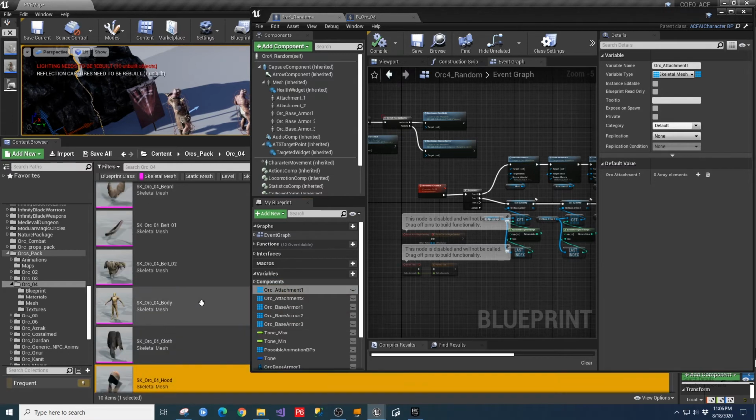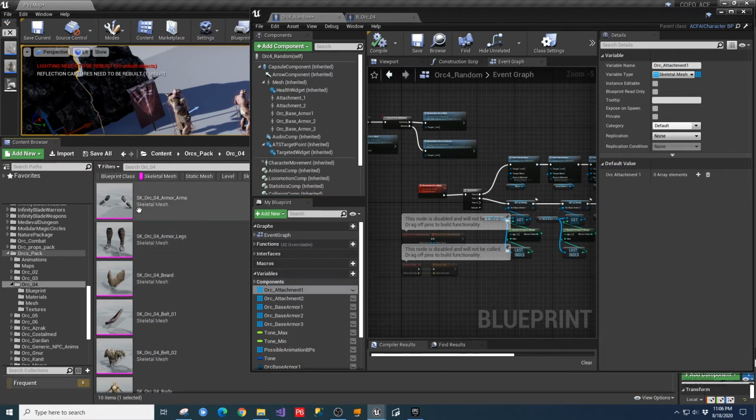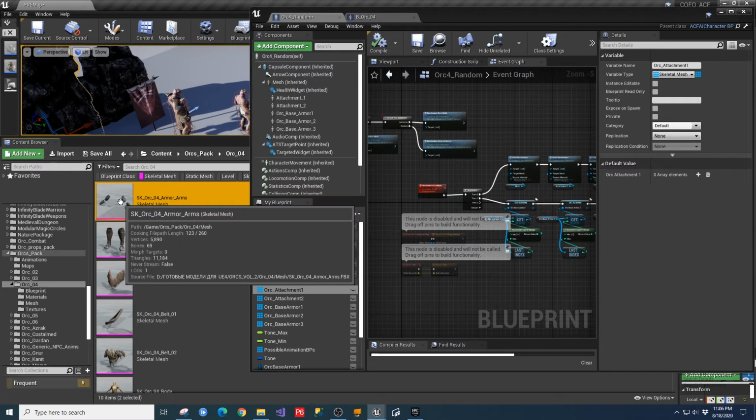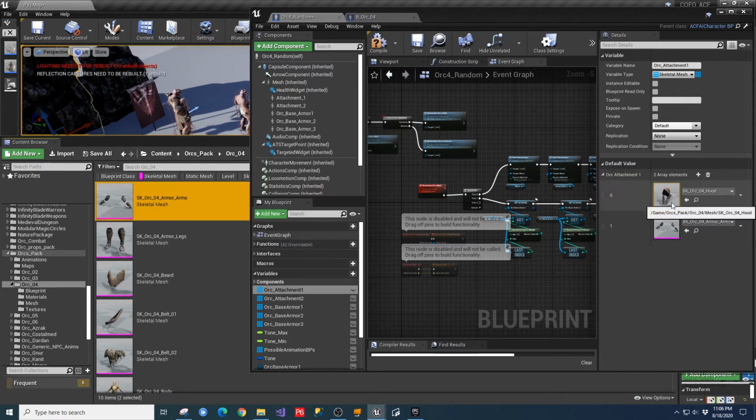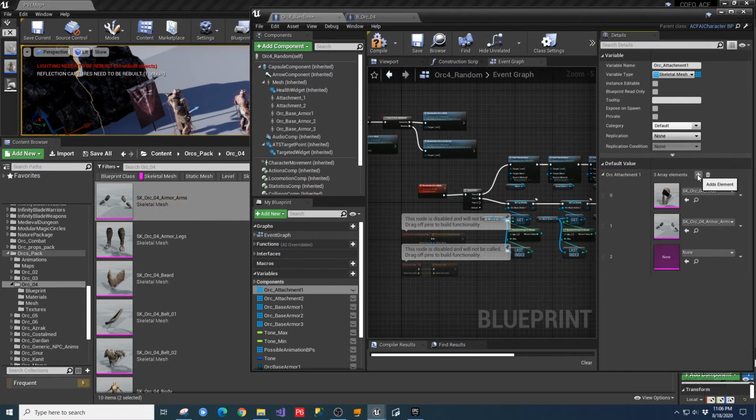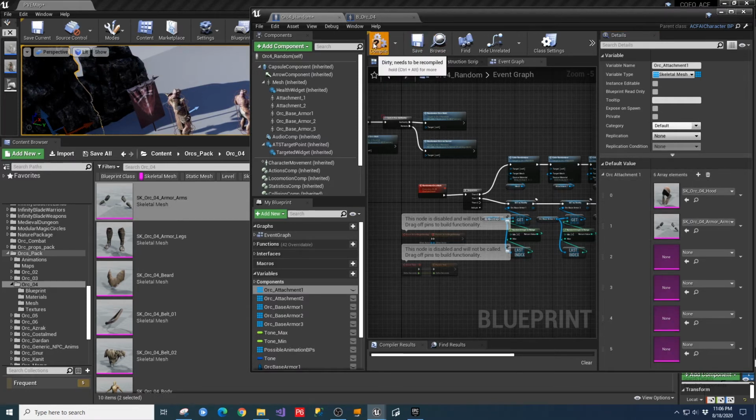And then for my attachment 1 and 2, let's say that that's going to be either a hood or these arm things, and sometimes nothing. So we're going to go ahead and put these variables into our container. We're going to compile that. And now if we go and look at our viewport,